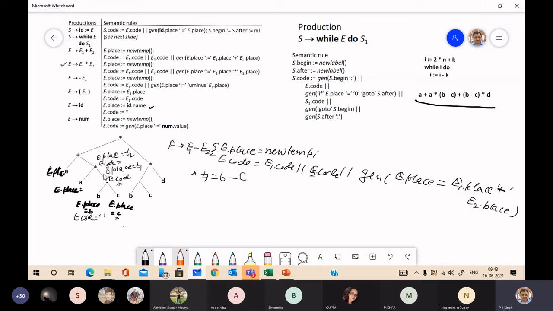Okay, but E2 code, in E2 code we have this as E2 code. So here E1 code followed by E2 code. So we have null followed by E2 code, and then we have to generate this.